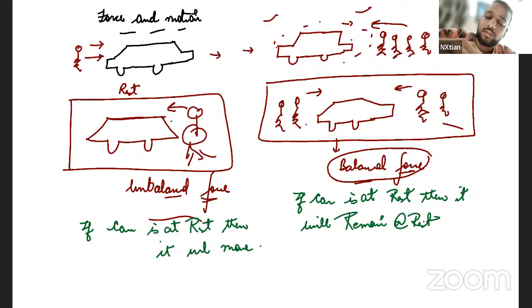Done? Now Joshua, read this. Page number 229. Balanced force and unbalanced force. Have you seen a game of tug of war? In this game, when the two teams pull with equal force, they apply balanced forces on the rope. The rope thus remains stationary. When one of the teams applies greater force, it is able to pull the other team and the rope towards their side. In this case, forces are unbalanced.